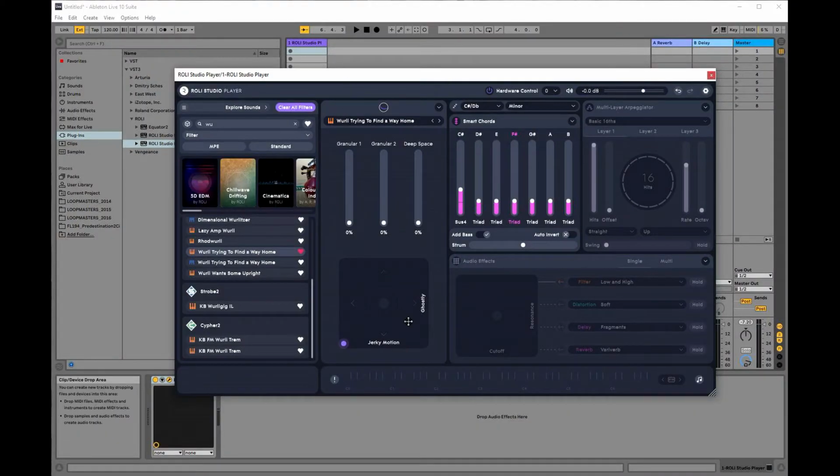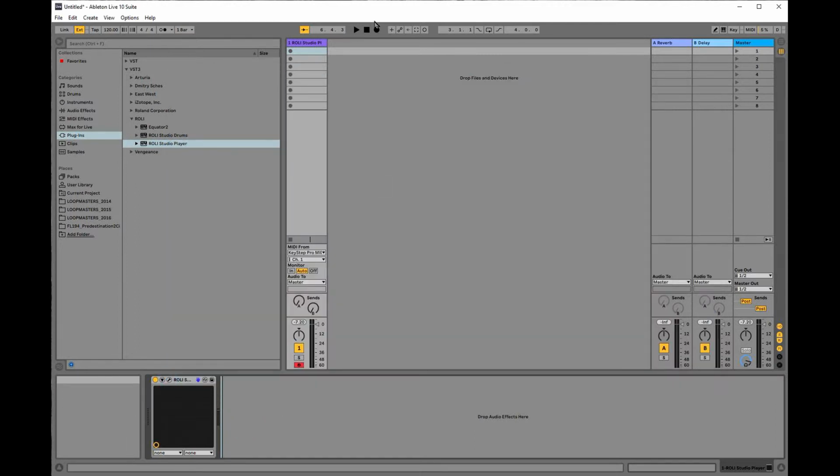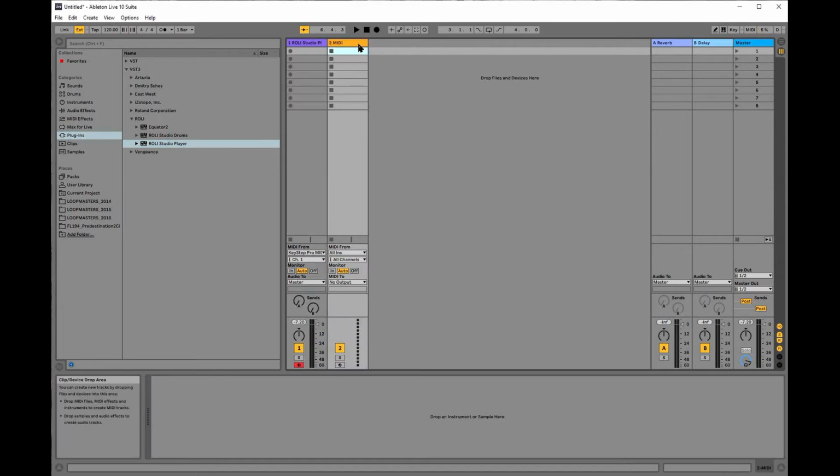If I just shrink that down, we need to insert a second MIDI track. And in this MIDI track, we need to take the input, and let's see. We need to take it from Roli Studio Player, and the important bit, it needs to be post effects, because what that's going to do,